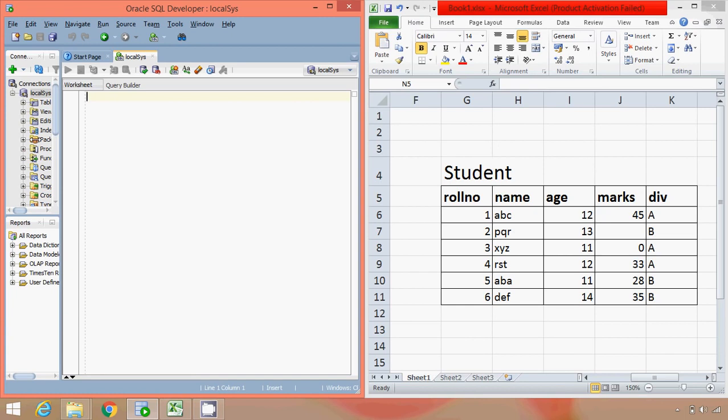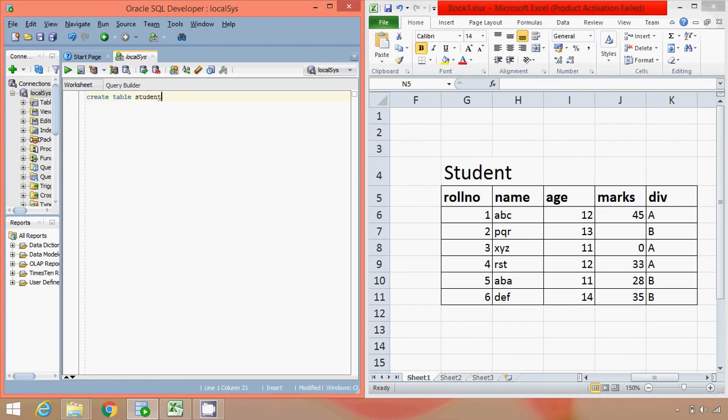So in order to create this table, we write a query as create table, then a table name. In this case, the table name is student. In SQL, it is a completely case insensitive language, so it doesn't matter whether I write with S capital or completely capital.